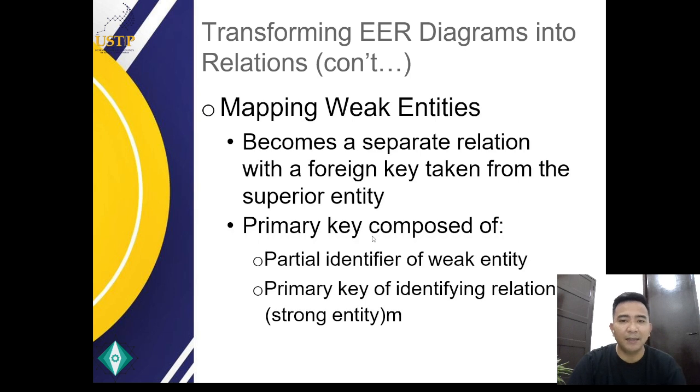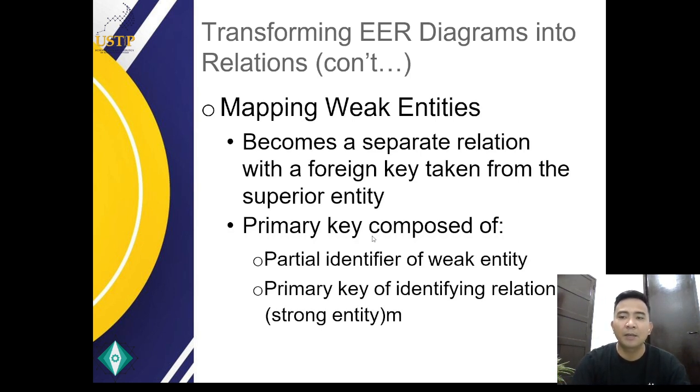So mapping weak entities, it becomes a separate relation with foreign key taken from the superior entity. So primary key composed of partial identifier of weak entity, primary key of identifying relation. Okay, so separate relation, or shall we say weak entities.